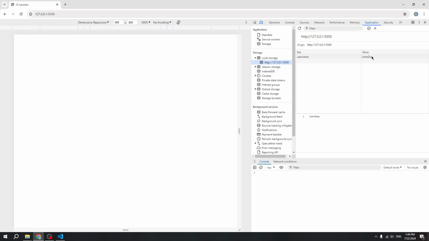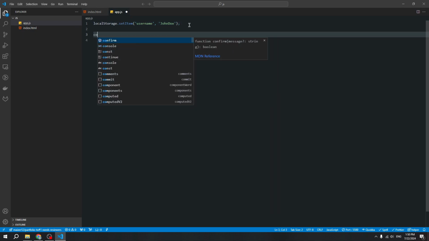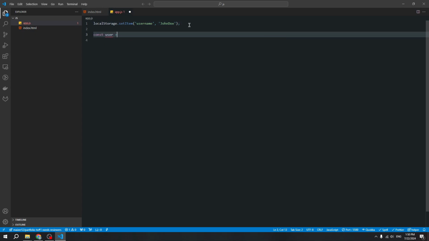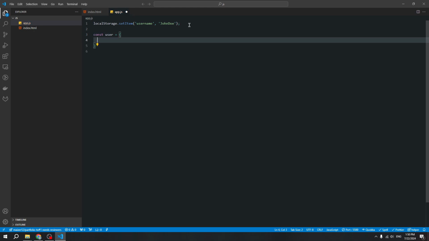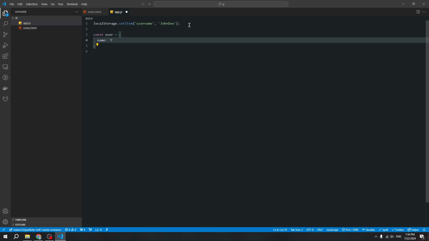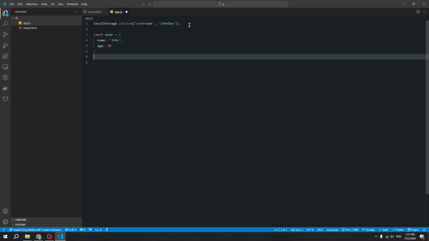And next step, let's try to create an object. Create a new object user and add two properties, name John and age 30. And now to save this object inside our local storage, we need to convert our object